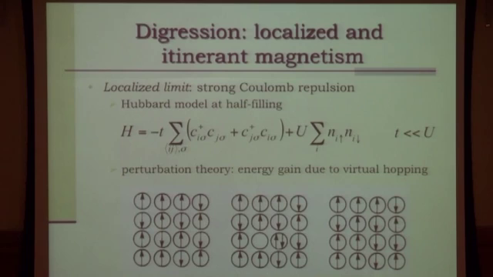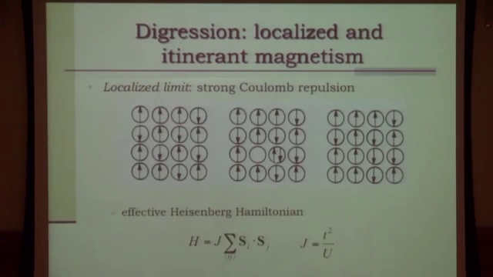This process actually gives an energy gain for the electrons, and for this reason, it induces an antiferromagnetic Heisenberg model. It induces a coupling between the electrons that wants them to be anti-parallel. The reason why they want to be anti-parallel is that only in this situation can the electron virtually hop and come back. If they were parallel, by the Pauli principle, the electron cannot hop and stay on the other site.